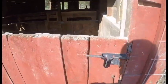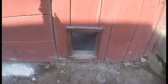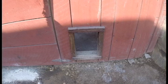And I'll show you the front of it. And so that's it. That is how my chickens can get in and out without me having to physically let them out whatsoever. It's pretty awesome. All right, so along the front edge of our barn, where chickens surprisingly love to dust bathe,